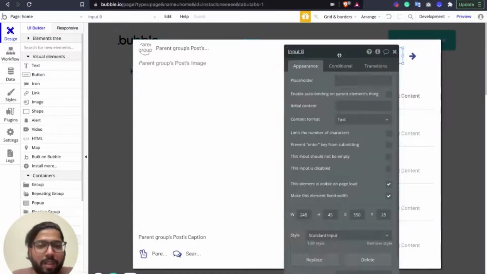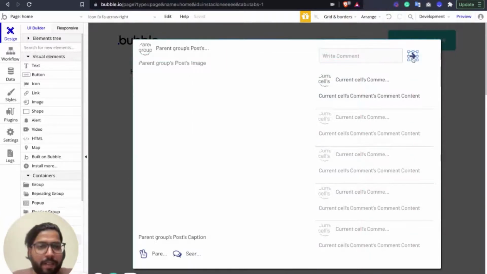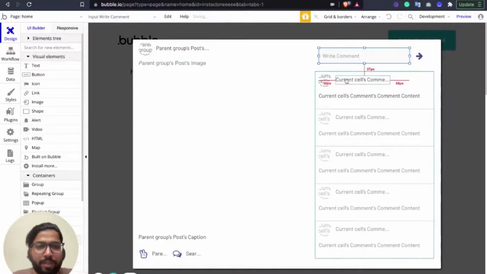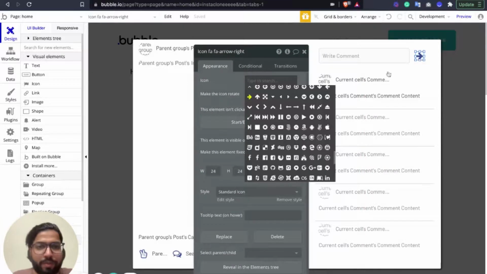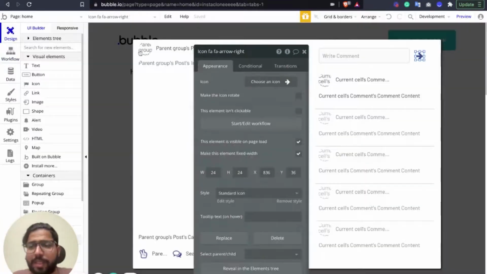Okay, fine. Let's rename it to write comment, and let's use this button to trigger a workflow to save these input values into this comment section. So we're going to say, okay, whenever you click on the send button, let me also rename its icon.